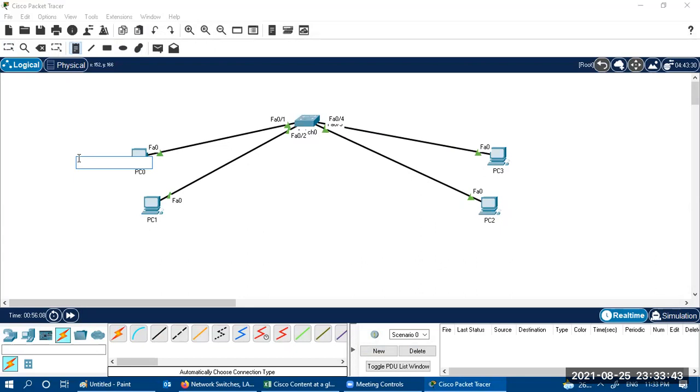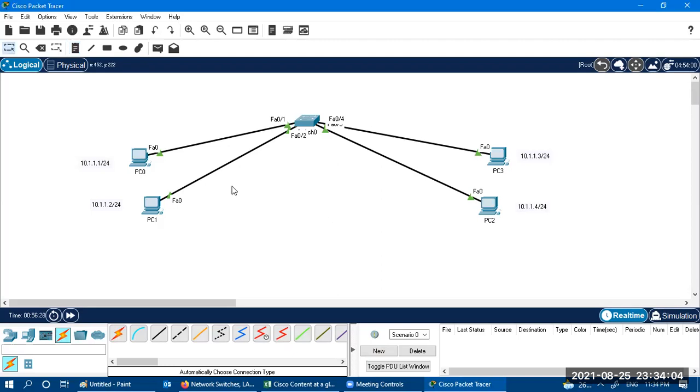Let me write down the IPs over here: 10.1.1.1/24, this one is 10.1.1.2/24, this is 10.1.1.3/24, and this is 10.1.1.4/24.